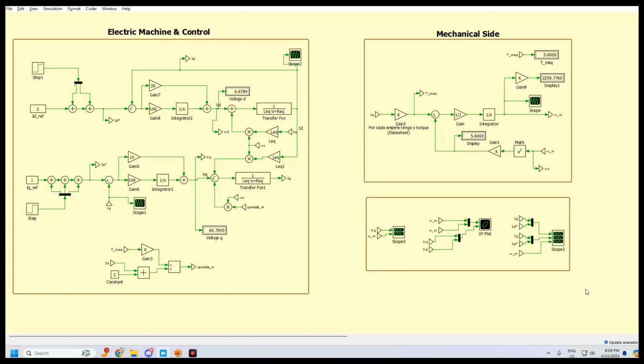This is the Plexim schematic that we developed. Here we can see the electric machine and the control parts, and how the different voltages and currents couple with each other. Here we can see the mechanical side representing the viscous load. If we plot this,